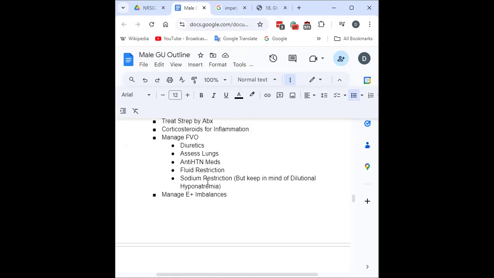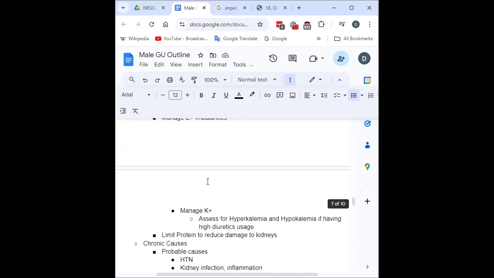So they want you to restrict it so that you're not retaining as much, but keep in mind that over time your blood will become more diluted and your sodium will become diluted because of all the other stuff that's in there. Your potassium is starting to take up more space, your fluid is starting to take up more space, and the sodium levels are overall going to be lower. So seizure precautions are good for